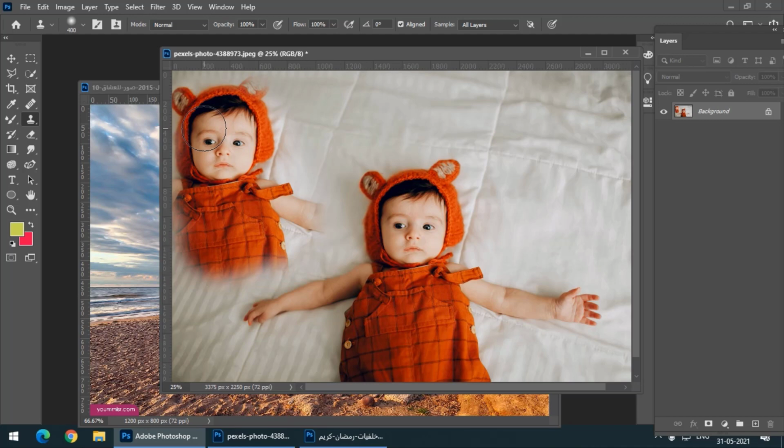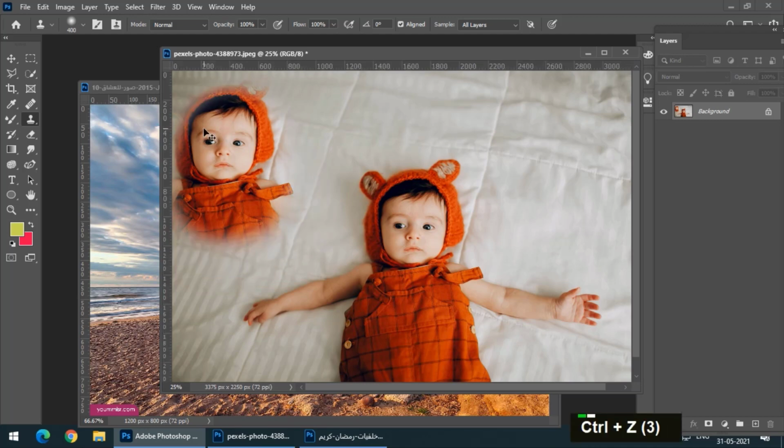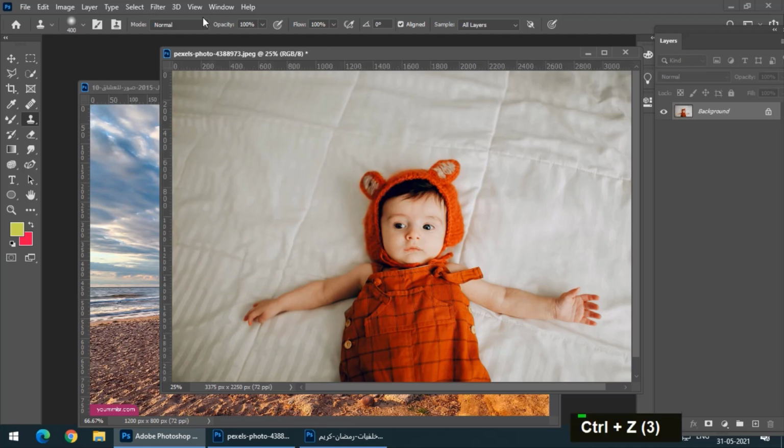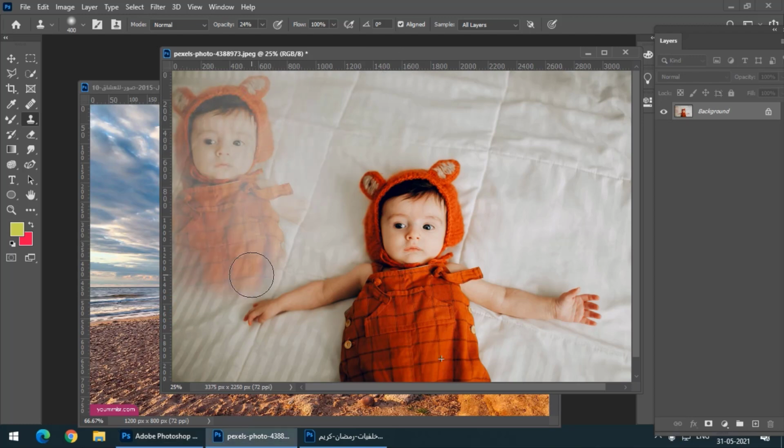But if we want, we can decrease the opacity from here, so it will be rather faint in the background, or it won't be clearly visible. And if I draw it one more time on that same place,